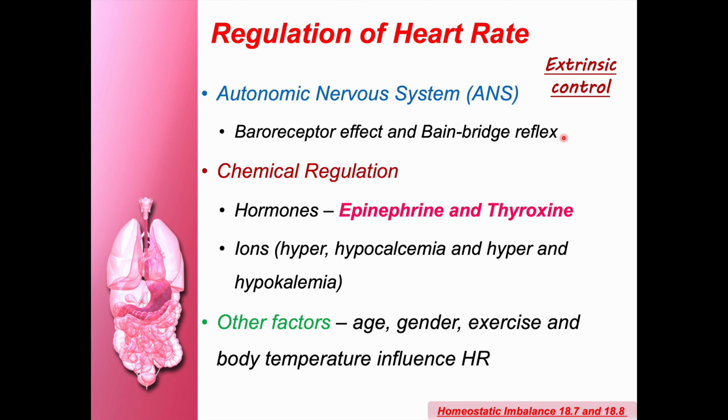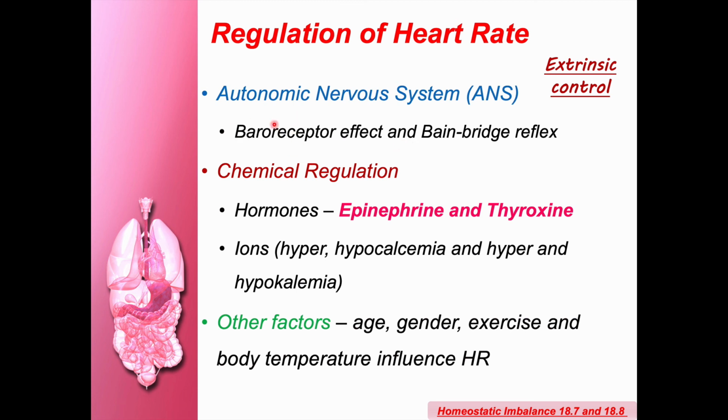Sometimes children may vomit 10 times and have loose motion 15-20 times. That time the patient will be dehydrated. So in this case, what happens? Blood volume is low, the child will faint. If you count the pulse, the heart rate will be 150, 160, 170, because the heart has to beat fast to supply enough blood to the body. That's the responsibility of the heart. So by the speed of the heart, you can know whether the patient is dehydrated or normally hydrated. These are all detected by the baroreceptor cells.